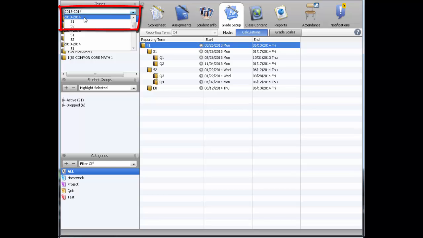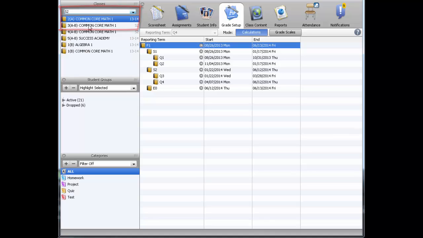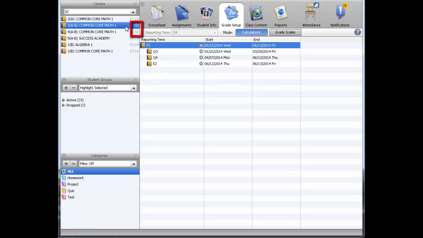2013 through 2014 year, Semester 2, S2. By doing so, you'll note your classes will have to the far right-hand side either a notation of 13 through 14, denoting this is a year-long class, or it's going to be denoted as S2, which says this is a semester-long class. It is imperative when adjusting your final grades that you always do the semester-long classes first before you